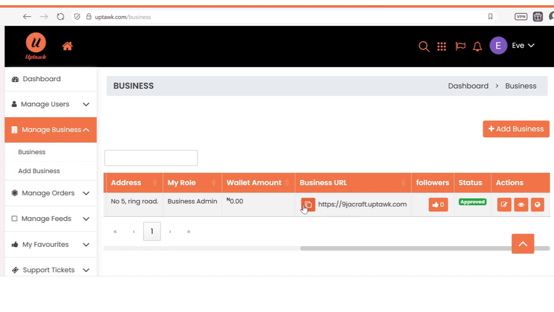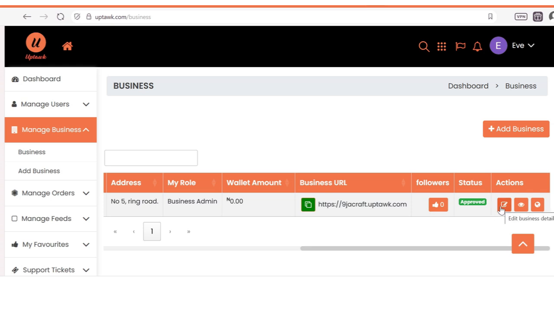You can copy the URL by tapping this icon. That is if you want to copy the URL and maybe you want to send it to somebody. But we are not going into this for now. We want to access the control panel of this website. Now, under the action, we have about 3